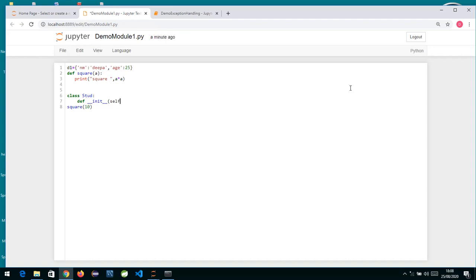So suppose this is my first argument and I write over here roll, and I write over here nm, something like that, colon, and then I write self dot. So I'm creating a class over here. So self.rollnumber is equal to roll, and next self.nm is equal to nm, and then I can say print in this init. So you can write functions also like this. Okay, so this is what I have done.